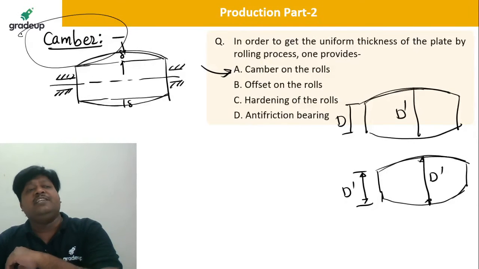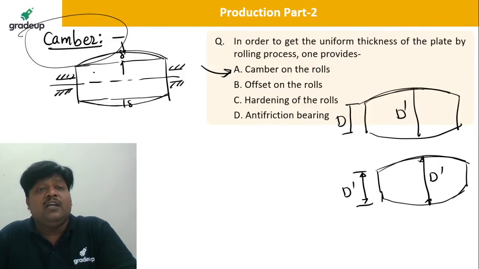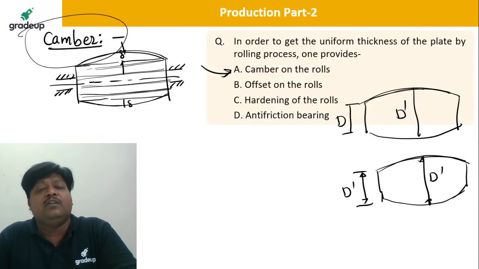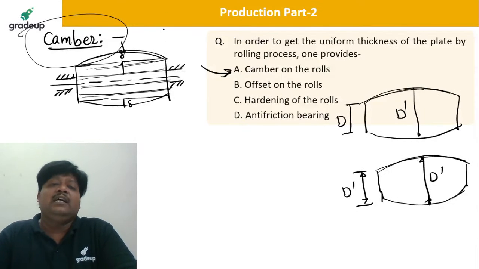And dear student, one more thing that we do on the roller is what? We have small grooves on the roller, to increase the coefficient of friction a little bit, so that the self entry of the plates into the rollers can happen. That is known as the process of provision of small grooves, known as ragging.